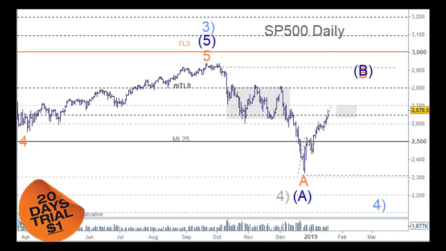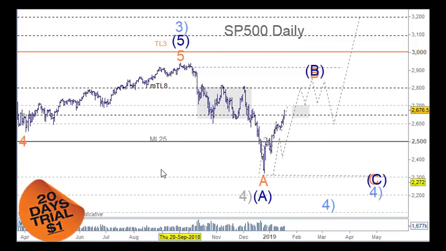So we'd be looking for 1 and 2 here, and 3 and 4 and 5 into this space here, and then we would have a correction coming back at this point, and because we've got 5 waves here, then we'll be pushing up here again. So a much bigger pattern to the upside here, which is certainly not off the table because of